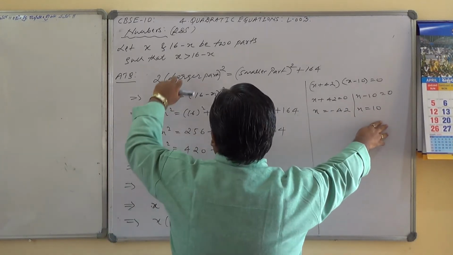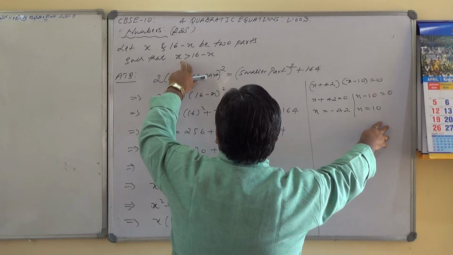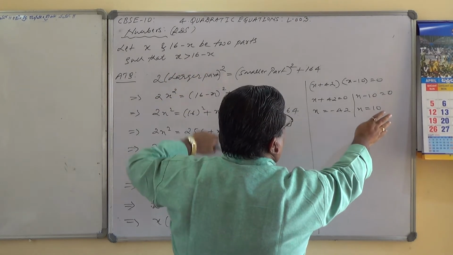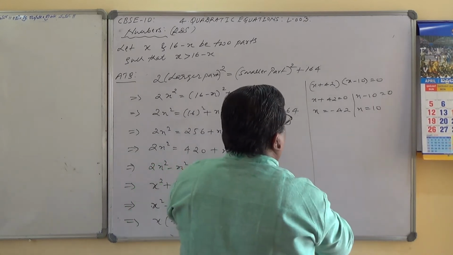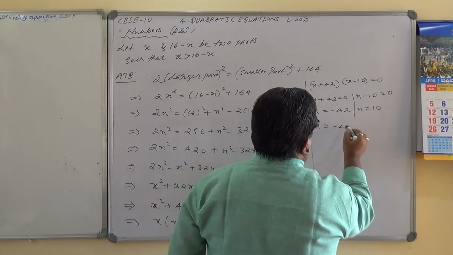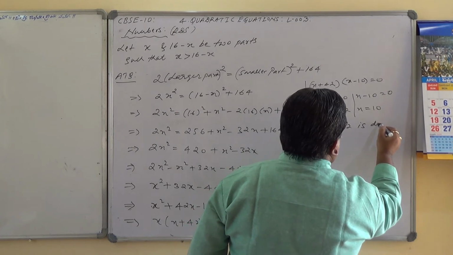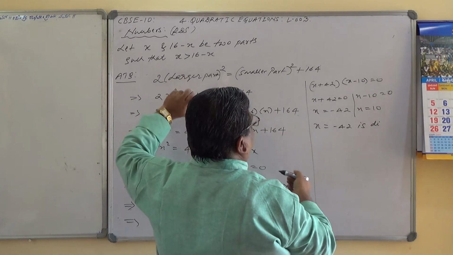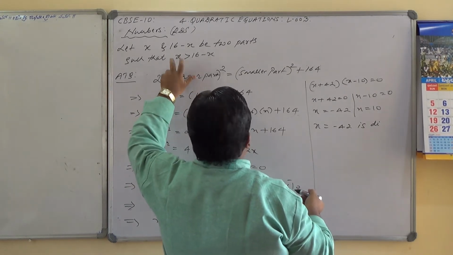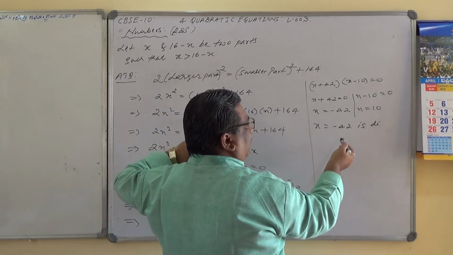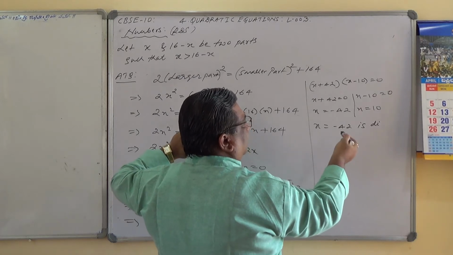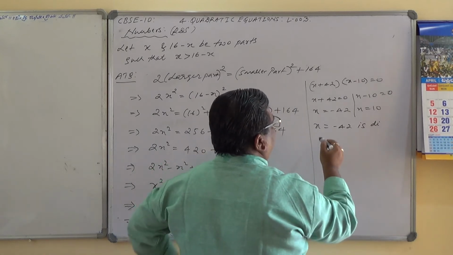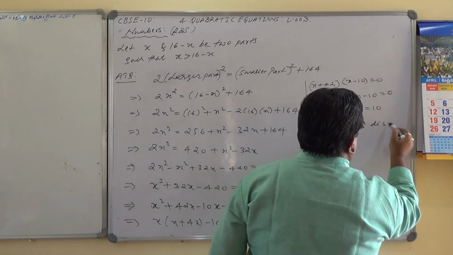X is equal to 10, I will take definitely 10 and one more number is 6 basically, 16 minus 10, and therefore minus 42 is discarded here. X equals minus 42 is discarded. Why discarded? It does not obey the given condition, because the sum of the two numbers should be equal to 16. When you take minus 42, the sum of the numbers will not be possible to get as a positive number, and therefore it is neglected here.